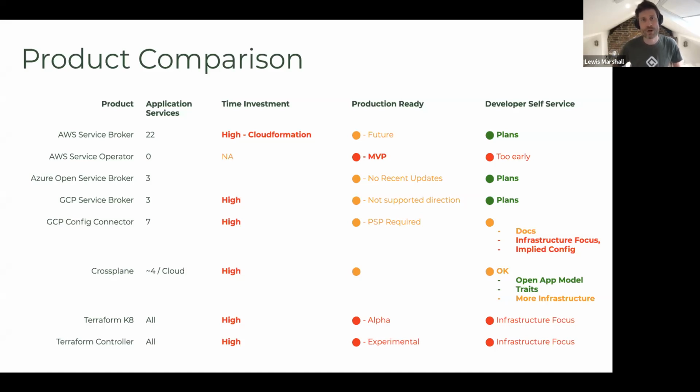And the Amazon Service Broker does need a degree of understanding of CloudFormation. You need to then construct what is really a production-ready version of those services. I mean, it's good that they've got plans.